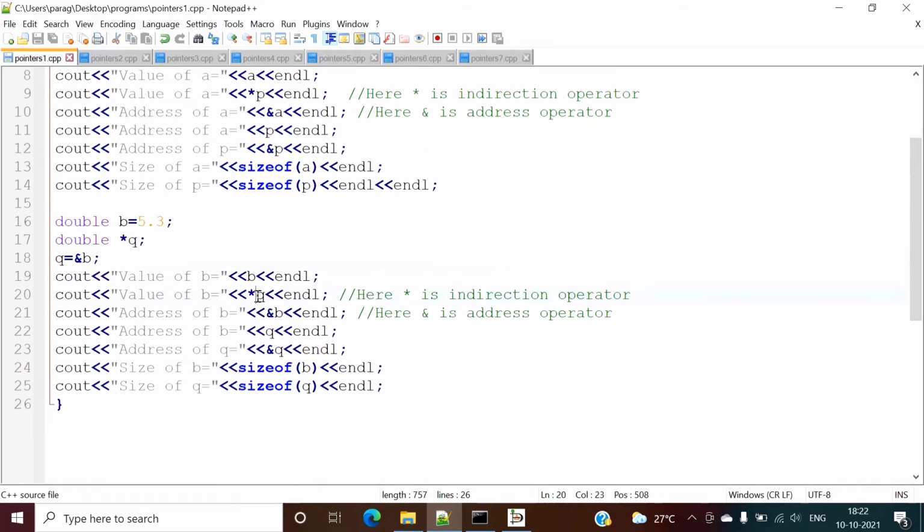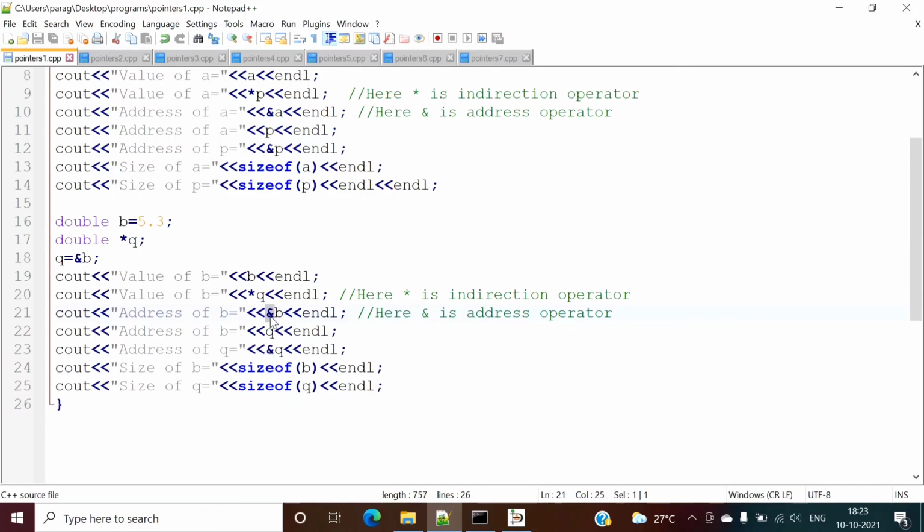Whenever we are using this star, it is also called an indirection operator, and what does this star return? Star returns the value at the address which is saved in q. So q has the address of b, and at that address we will have the value of b. That's why it is returning the value of b. Then whenever we are mentioning ampersand, ampersand returns the address.